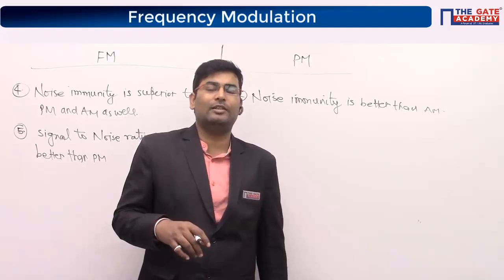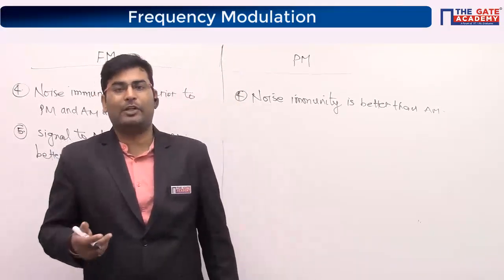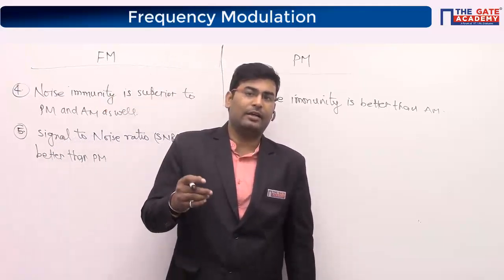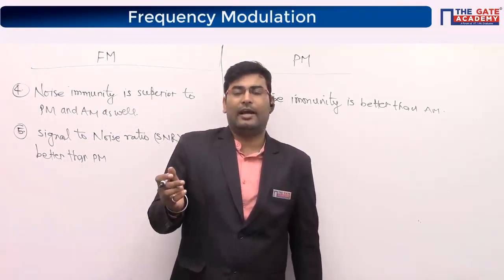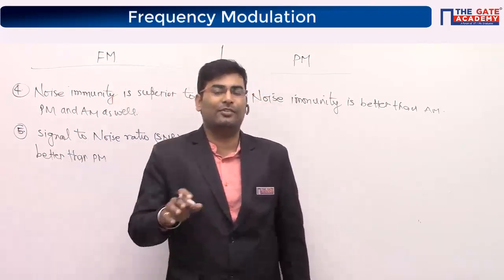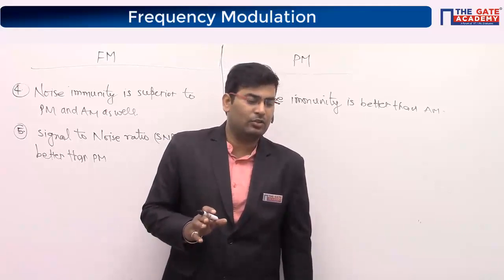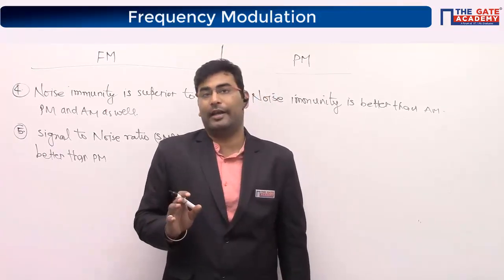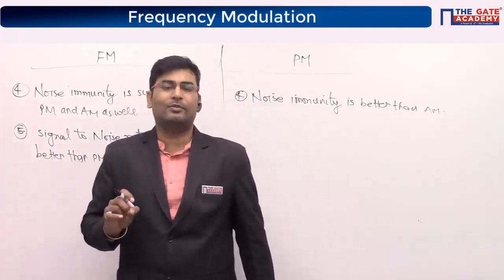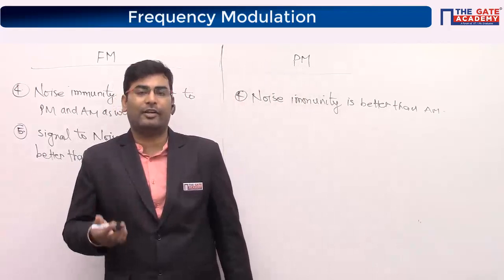Because amplitude is the most affected thing out of these three parameters, amplitude, frequency and phase, in any channel. And as a matter of fact, frequency is the least affected. I would say frequency doesn't get distorted in the channel at all. And there used to be one scientist, I forgot the name, who tried an experiment to demonstrate which one is badly affected by noise.